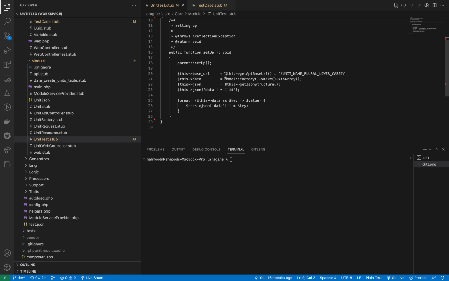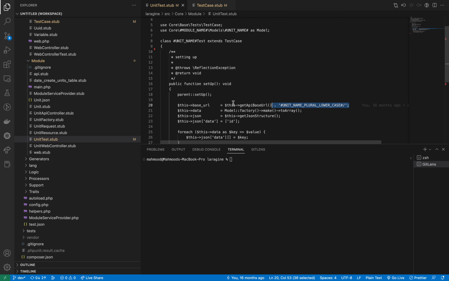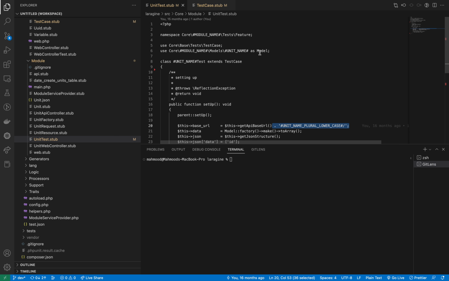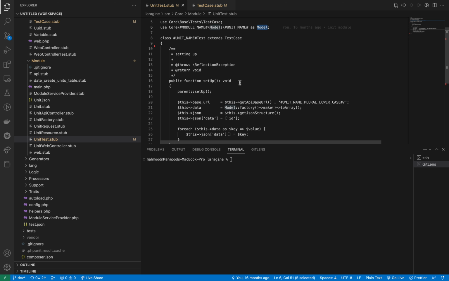The base URL will be changed because this is the one that we want to do. The model, what is the model factory, which is this one, and we are going to make it from here. Okay, awesome. The JSON,